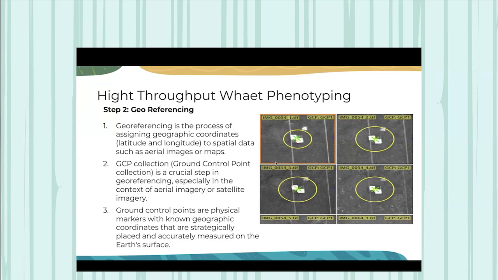That's why it's important to install these ground control points, physical markers, to know the exact geographic position of these points. So later on, we can align our images of different flights,